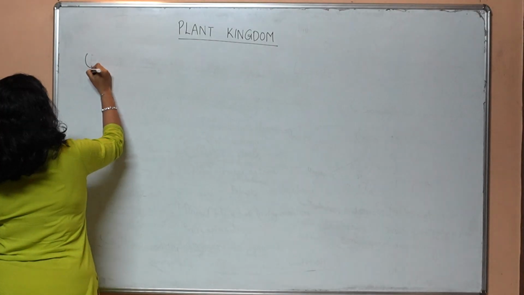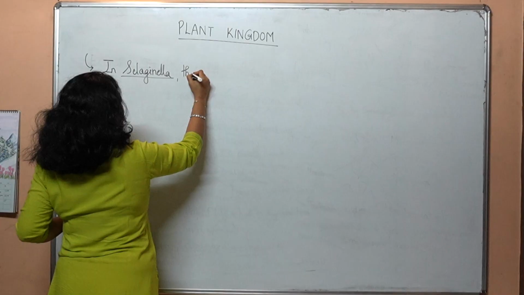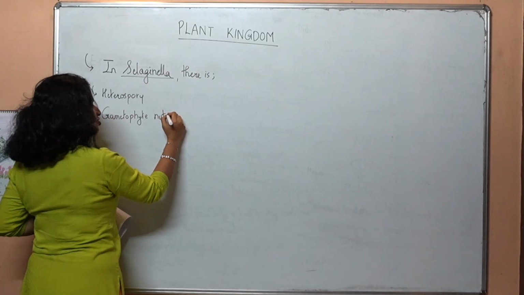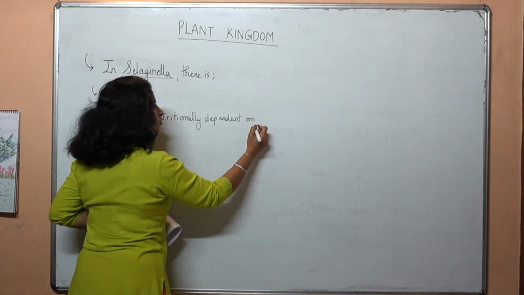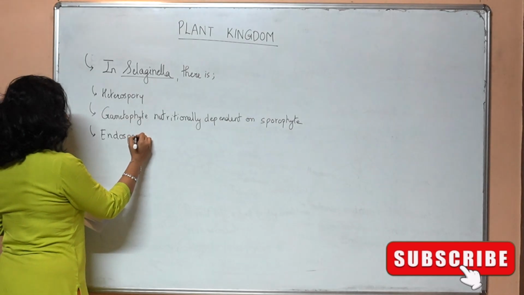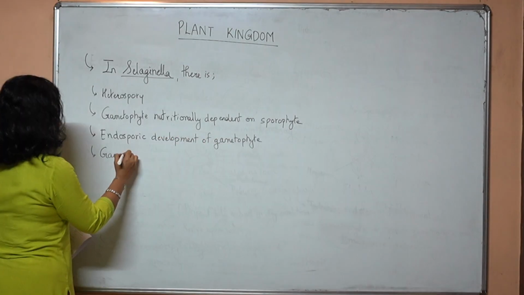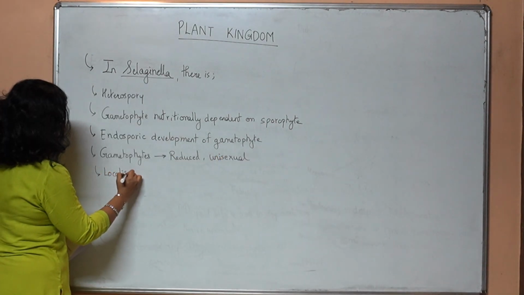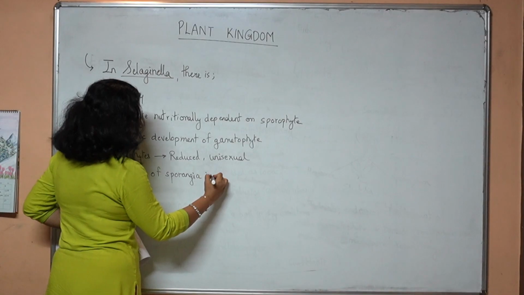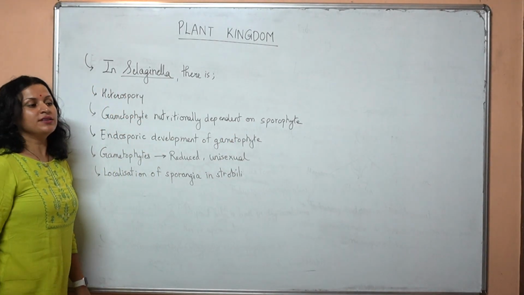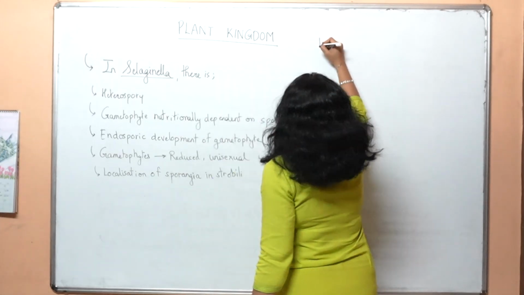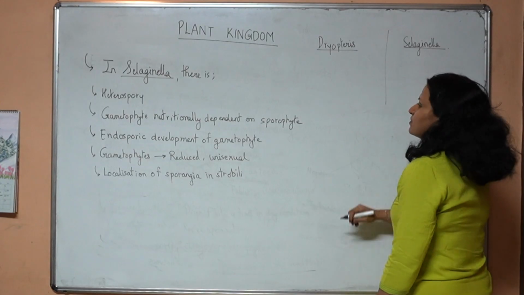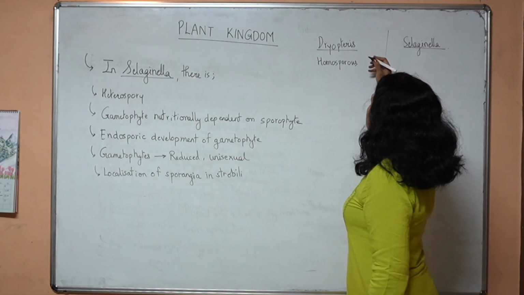to seed habit. So we can say that essentially in Selaginella there is heterospory, there is a gametophyte which is nutritionally dependent on the sporophyte. There is an endosporic development of the gametophyte. Gametophytes are reduced, they are unisexual, and there is localization of sporangia in strobili, a character which makes it very different from Dryopteris. If we compare Dryopteris and Selaginella side by side, what are the points that you can give me? Dryopteris is homosporous, Selaginella is